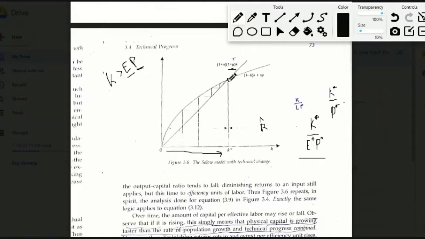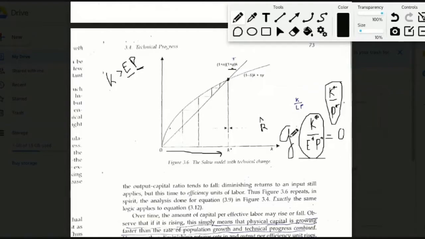Now, once you reach the steady state level, what's really happening is that there is no growth in this ratio. In the previous model, we saw that once you reach the steady state stock of capital, there will be no growth in small k. But now, if we only look at small k, then we can expect some changes, some growth rate in the value of small k, even when you reach the steady state of capital per efficiency unit of labor. Because now, if you look at this value, we say that there is no growth rate. The growth rate of this variable is 0.